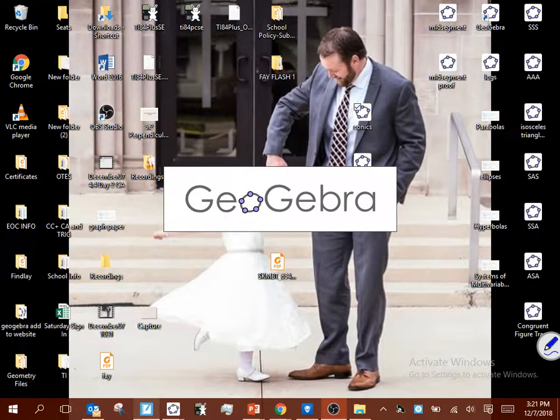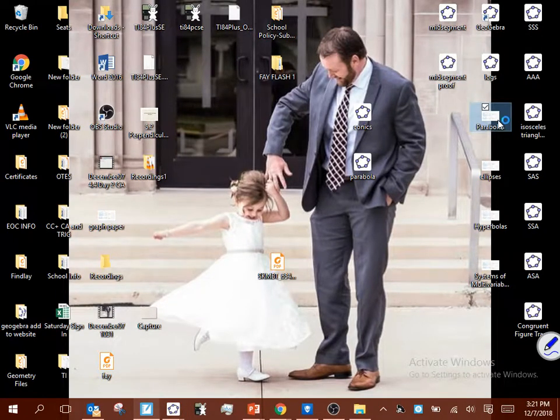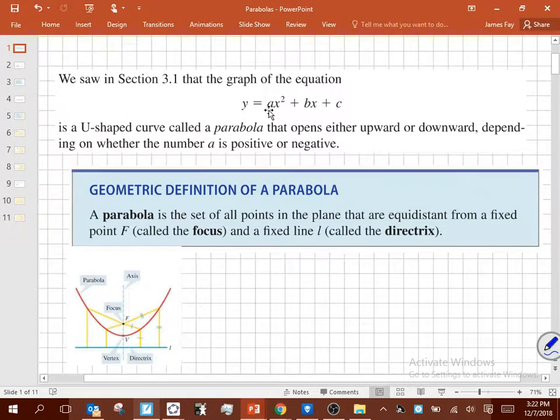This is section 12.1, talking about parabolas. The work we've done so far has been strictly with the algebraic definition of parabolas, and that definition is y equals ax squared plus bx plus c. Knowing that if a is positive it's concave up, and if a is negative it's concave down, we've done the vertex form